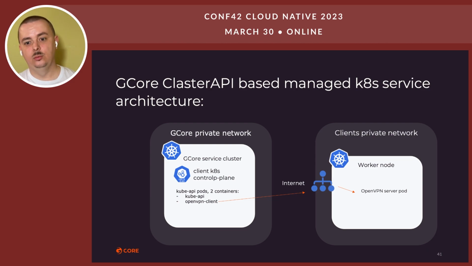We decided to do it this way. On the client side, we put a pod with OpenVPN server, and we expose it with a cloud load balancer to the internet. In the control plane, in the Kube API pod, there are two containers. One of them is Kube API, and the other one is the OpenVPN client. And the OpenVPN client connects to the OpenVPN server pod through the cloud load balancer, and it gets the routes